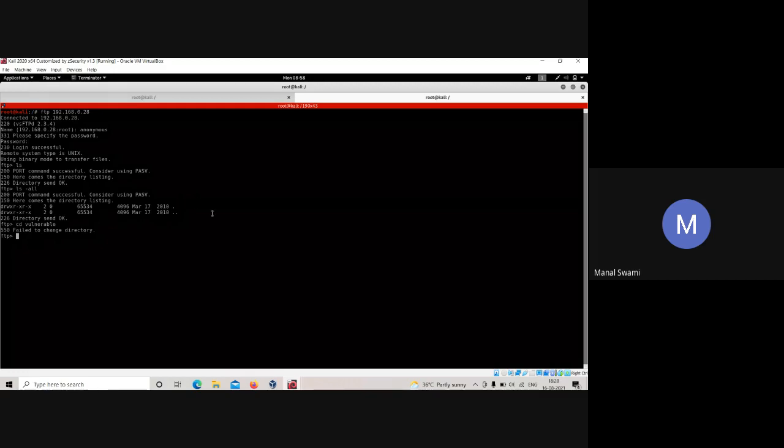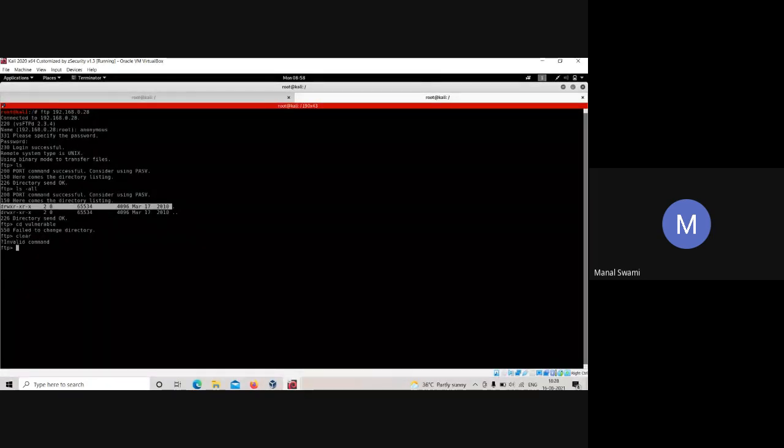But what you can do is, if there is something over here, you can type wget and then the file name. For example, hacker.txt. Although it is not there, I'm just telling you for an example. And now if you press enter, that particular file will be copied into your system. This is how hackers exploit this particular thing. Clear?